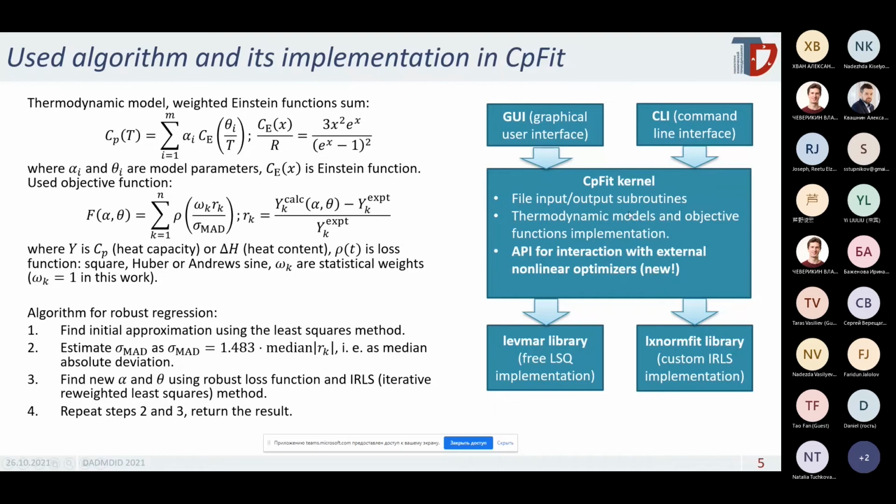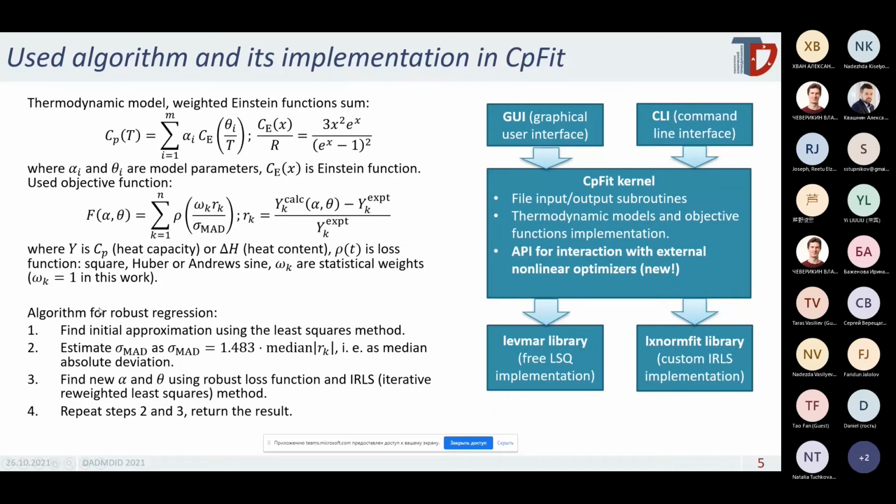They were added by extension of our CPFIT kernel, by addition of a special API for an interchangeable nonlinear optimizer. The older version of CPFIT used the Levmar library that is designed exclusively for the least squares method. And now it may use also a custom library that implements M